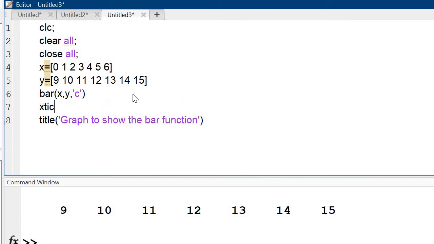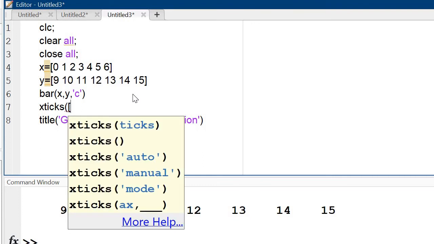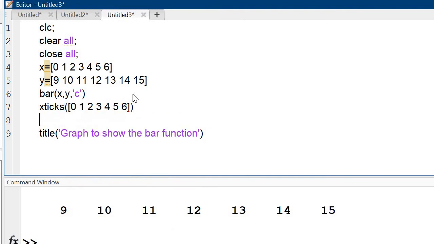Use xticks with a square bracket. Okay, 0, 1, 2, 3, 4, 5 and 6, square bracket close, then xticklabels. Take the curly bracket.